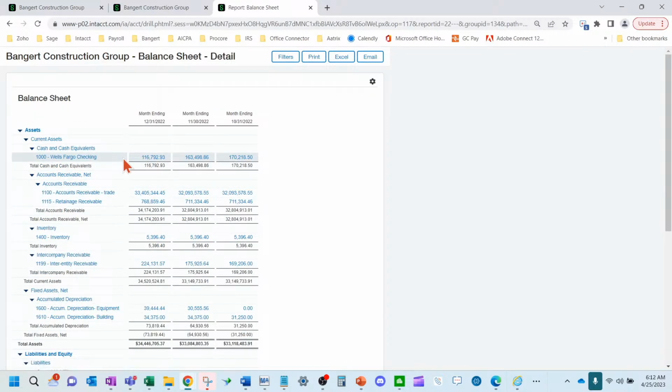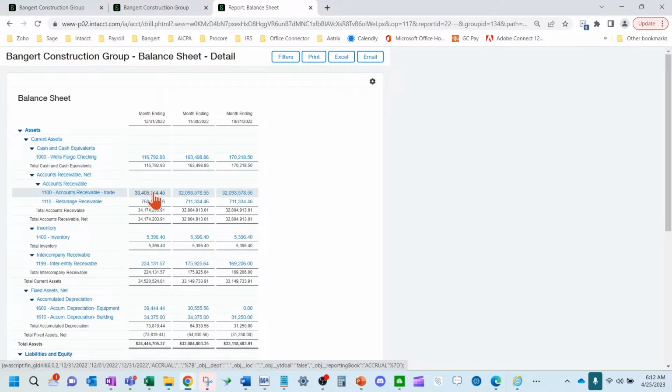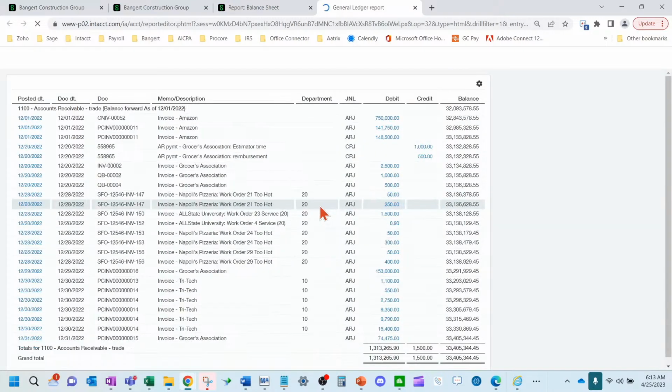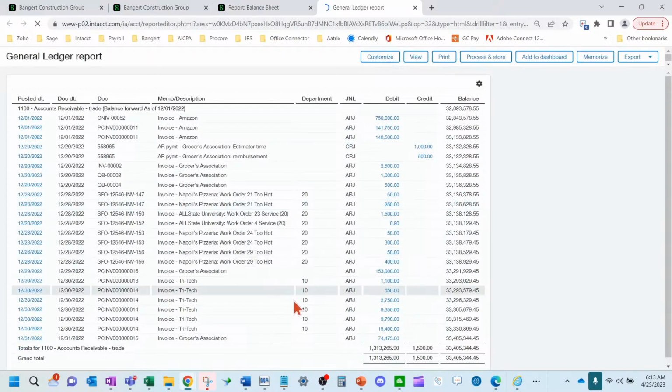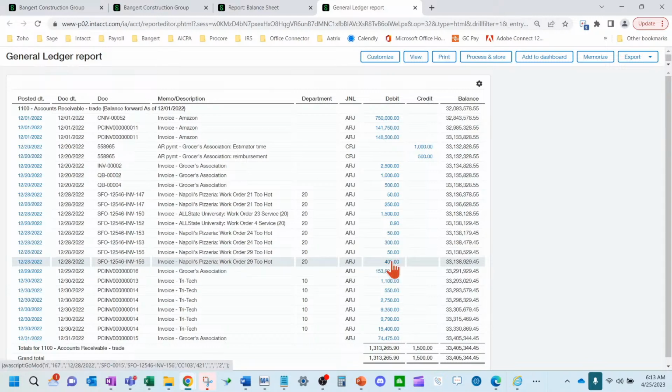So let's say I want to see some source transactions on my AR trade number here. Okay, so I'm going to click into here. And let's say that, from an auditor's perspective, this would be handy because they're going to look at cutoff at month end or year end related to timing of these invoices, for example. So let's say that I want to drill into this transaction. Again, it's blue. I can click on it and it's drillable.